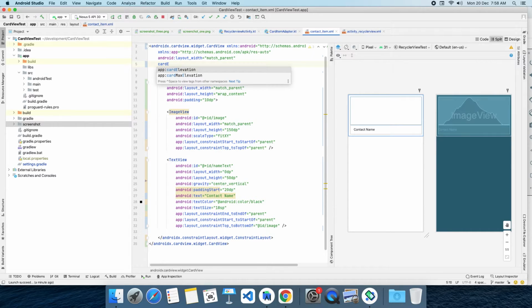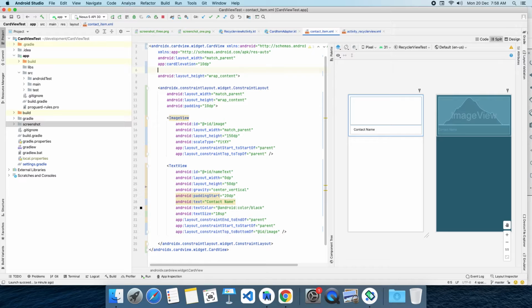How much shadow should it render? By default I'm going with 10 dp in my project, and there is also a maximum card elevation. I'm going with 15 dp, not more than 15 dp.